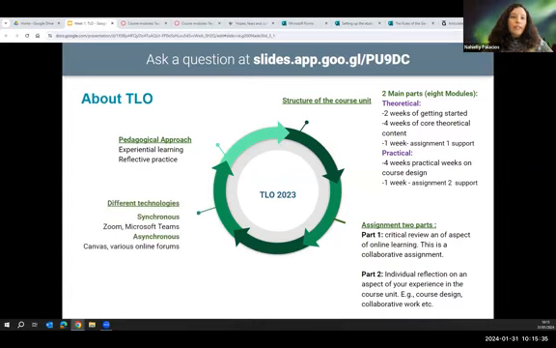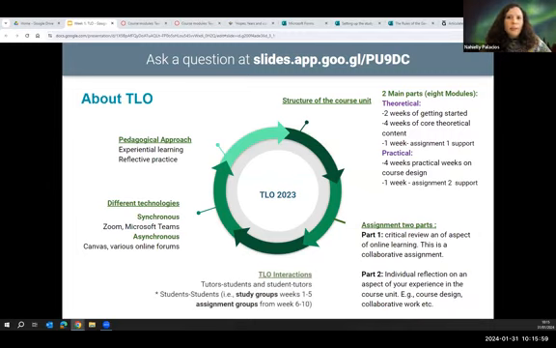As the synchronous and asynchronous tools that we were going to be using, I mentioned before, Zoom and Microsoft Teams. I'll show you in a minute the timetable, so you have an idea of when these tools will be used. So that experiential approach of engaging with different technologies. And I'm missing some, oh yes. So as I was saying, we have lots of interactions, tutor-student interaction, student-student interaction,